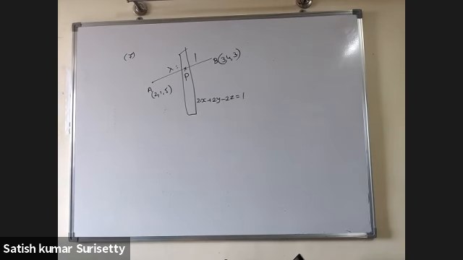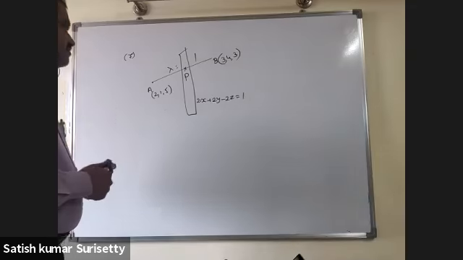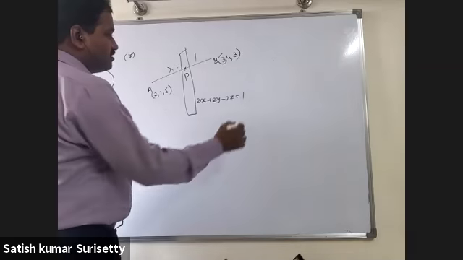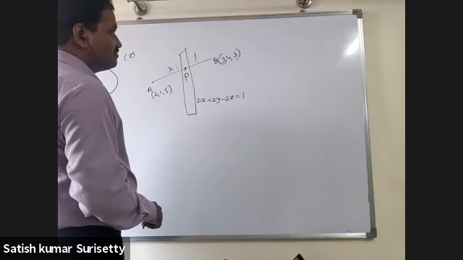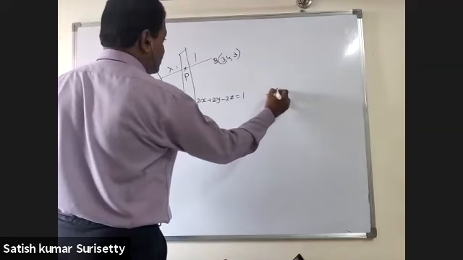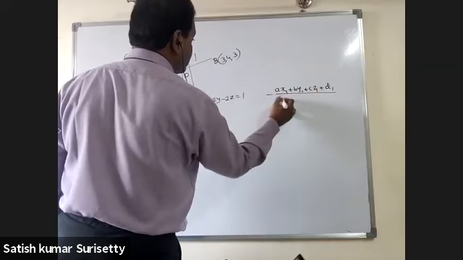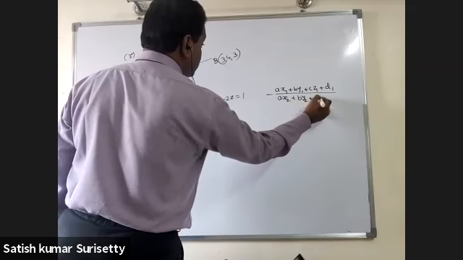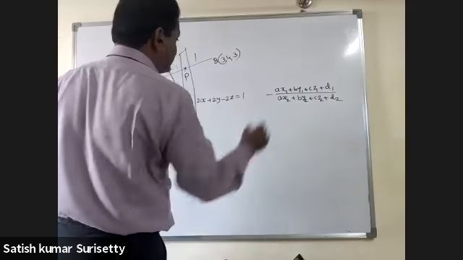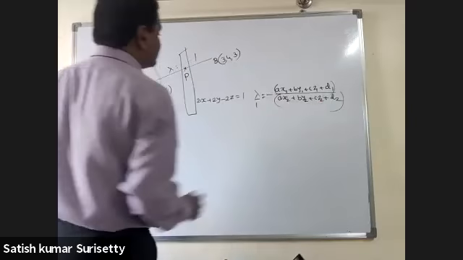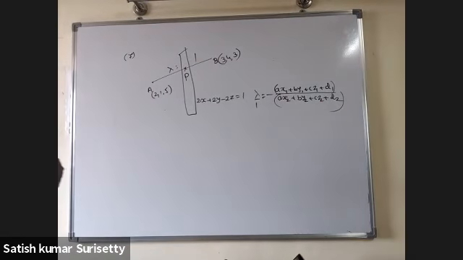So find the ratio in which the line joining A and B is divided by the plane. Also find the coordinates of the corresponding point. Now, have you remembered the formula? In what ratio? Minus S1 upon S2, that is minus of (ax1 plus by1 plus cz1 plus d) upon (ax2 plus by2 plus cz2 plus d), that is lambda is to 1. Tell me the ratio as well as the point.